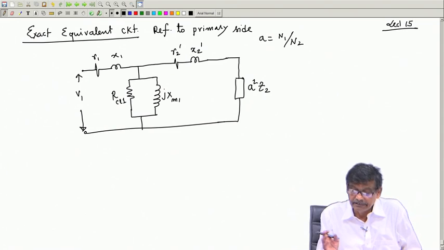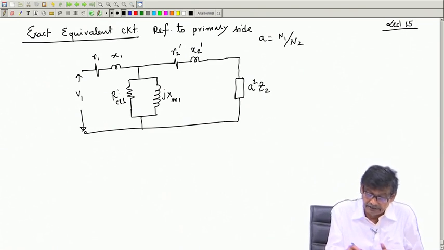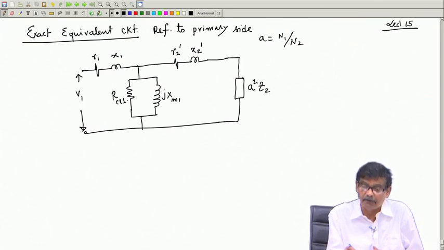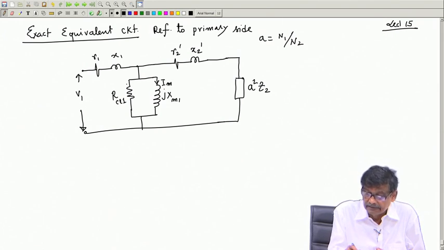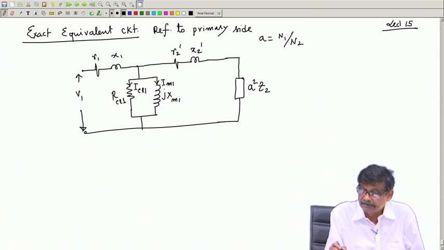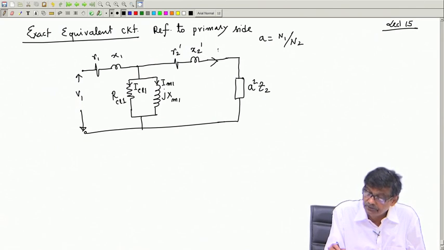So, what are the impedances which will be higher? We would like to see they must be very high. This resistance, V square by RCL, is the power loss in the core. I would like to reduce it. Similarly, this reactance I would like to make as high as possible, so that the magnetizing current is less. So, this current is called Im, and this current is the core loss component ICL. You can write 1 referred to primary side. This current is your I2 dashed,